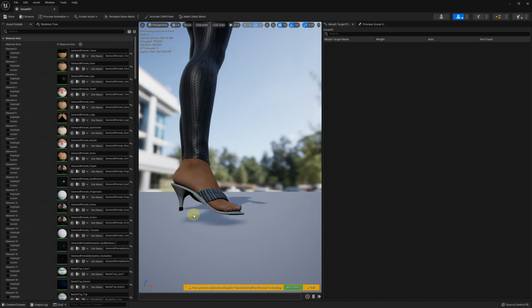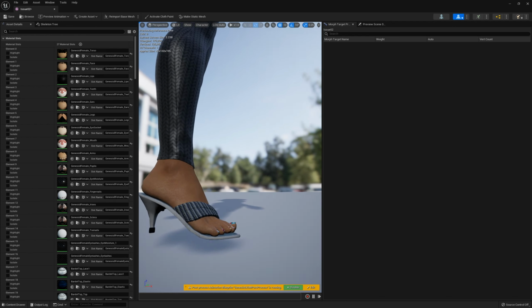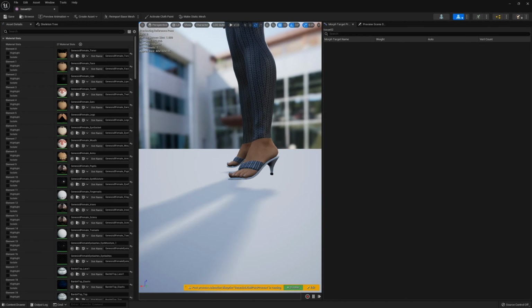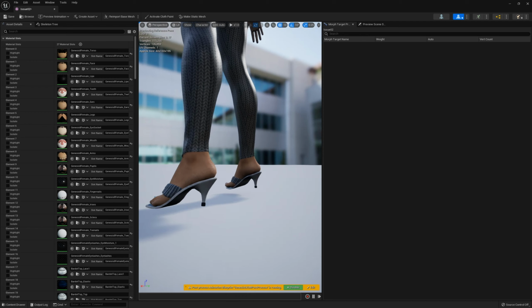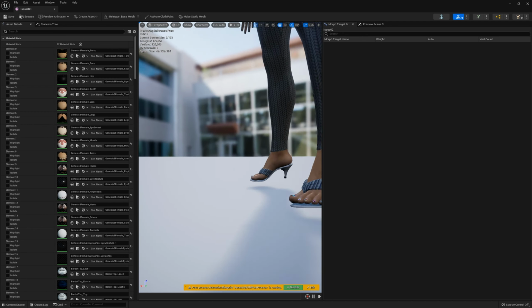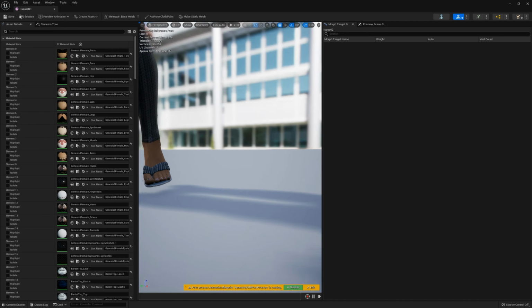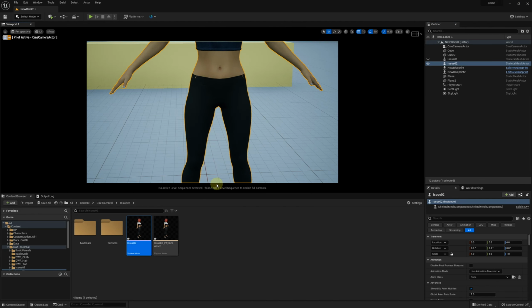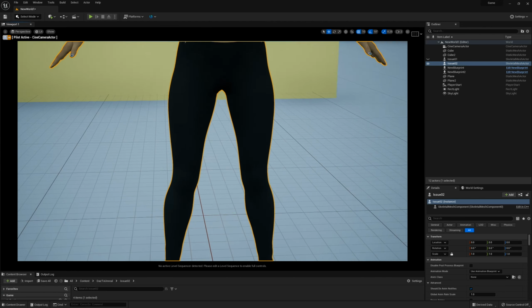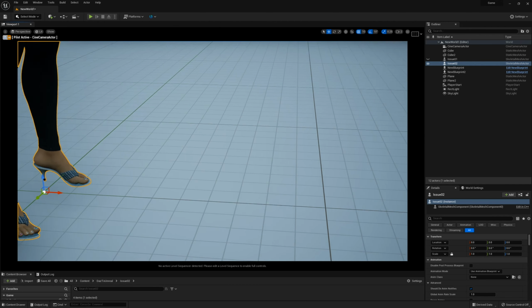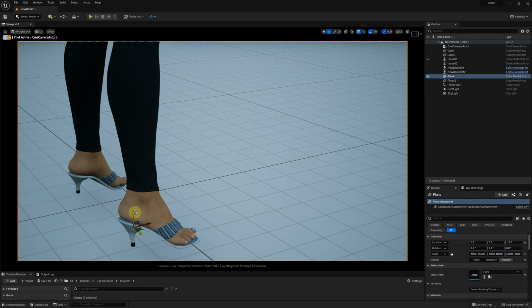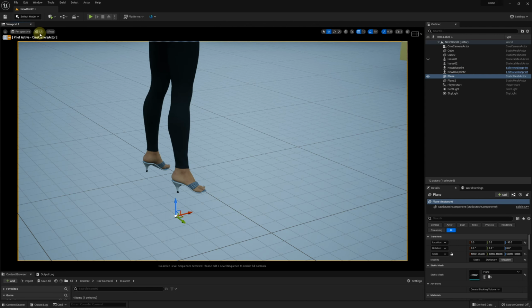Open the skeletal mesh. The heeled shoes are correct now. But in the level, we can see the shoes are underground. This is not what we want.